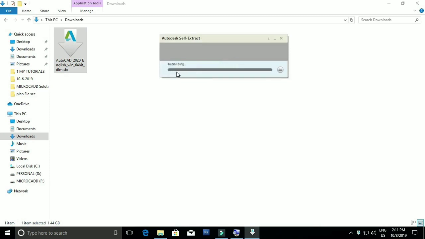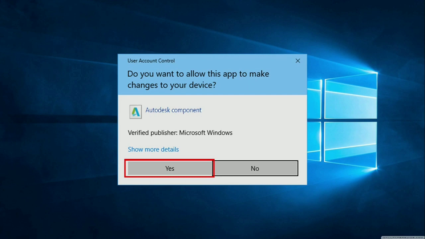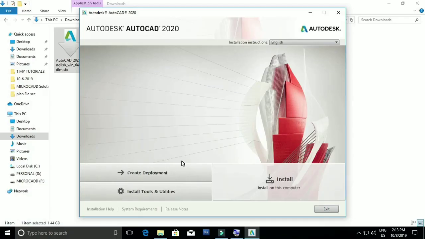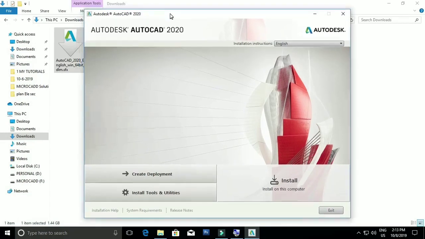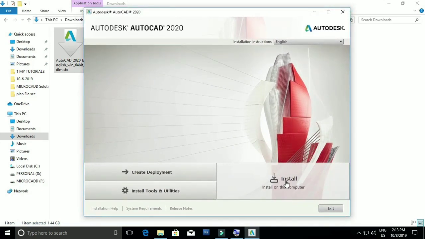Now you can select the location wherever you want to extract and then click on extract. Then it will ask for permission, then give the permission by clicking yes. Now you can see the AutoCAD is automatically open. Now you can click on install.